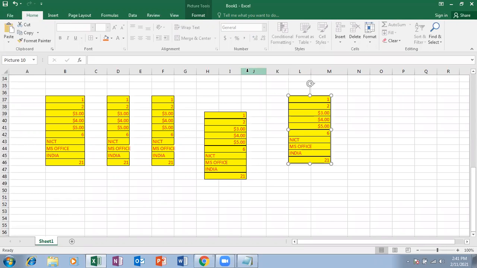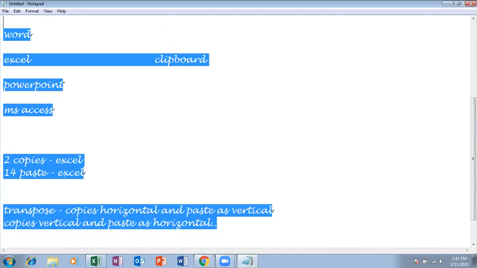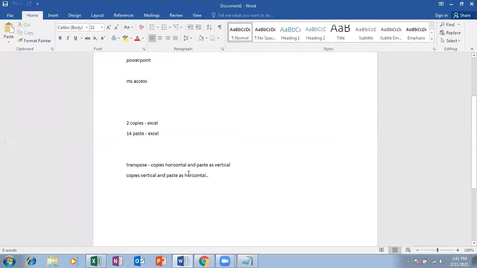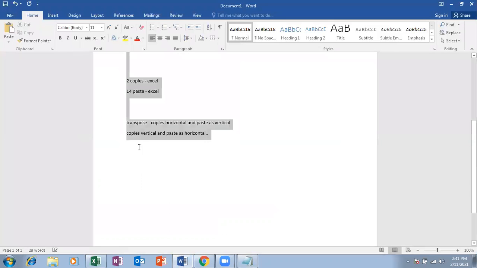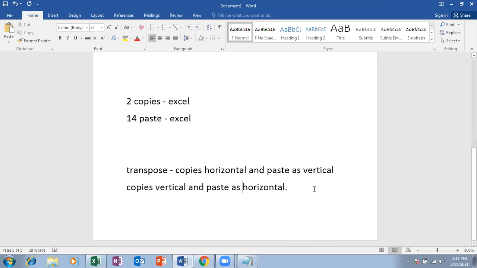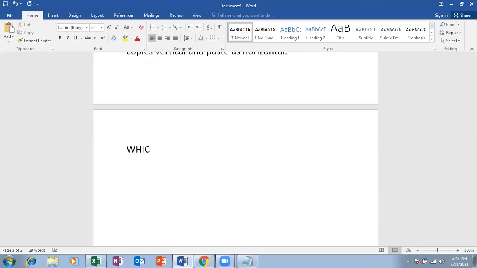And then format painter. So what does format painter mean? It copies the format from one place and applies it to another place.